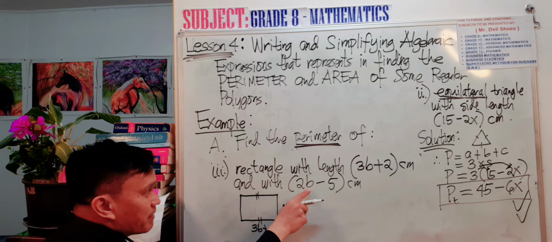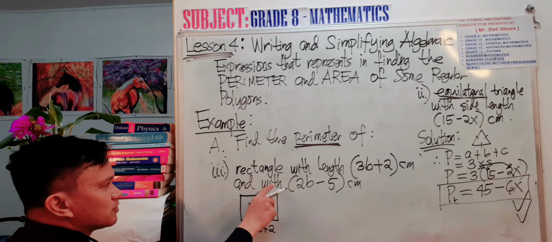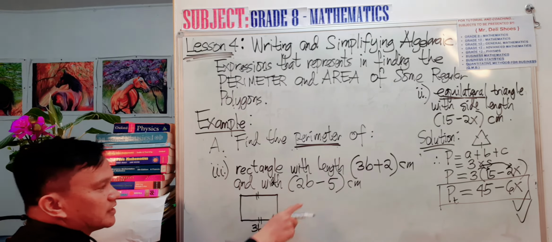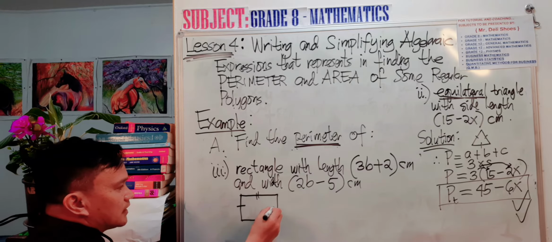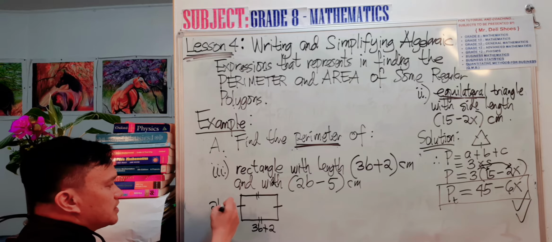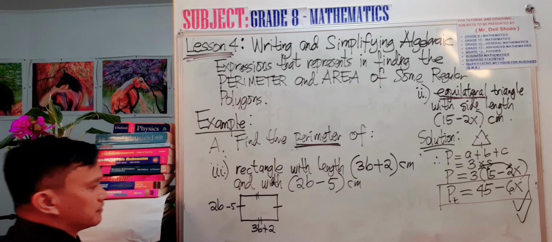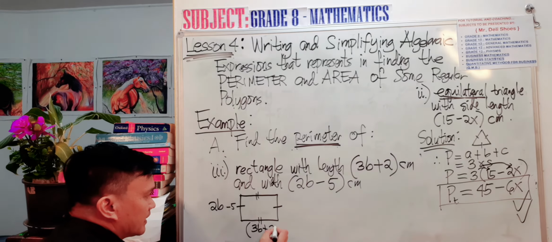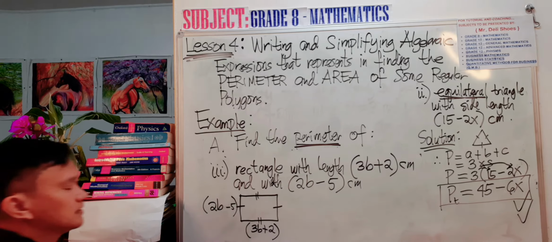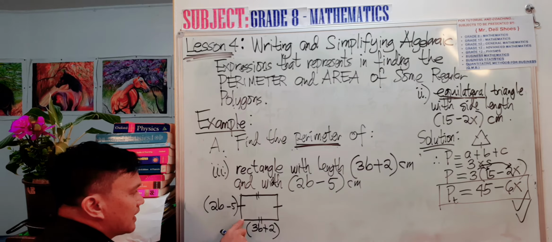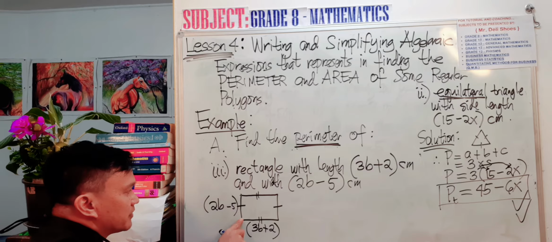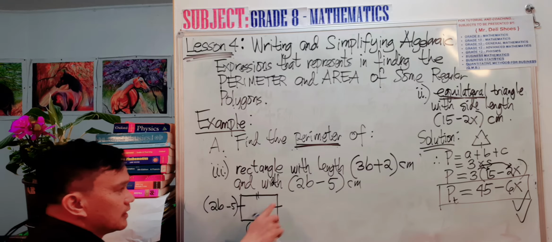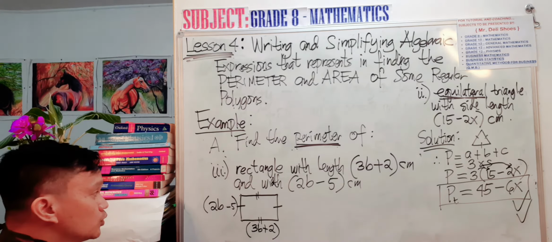The measurement of the width of this one, and width, this one is supposed to be width, okay. The measurement of the width is this one, and that one is 2b minus 5. Okay. You can enclose it with brackets like that, and this one as well. So meaning to say that this side here of the width of the rectangle is 2b minus 5. This is the algebraic expression. And the other side also is 2b minus